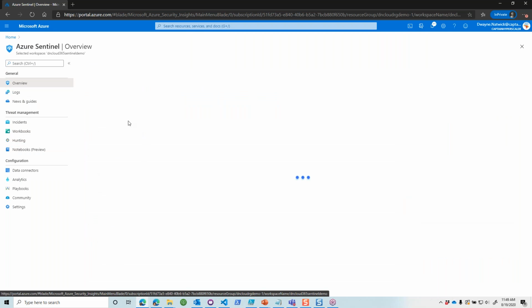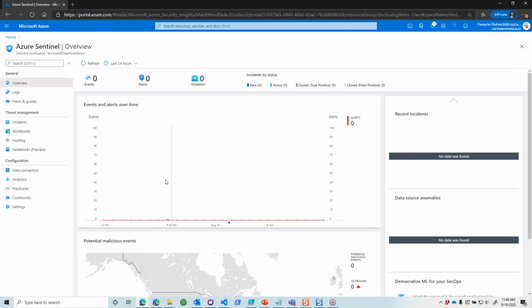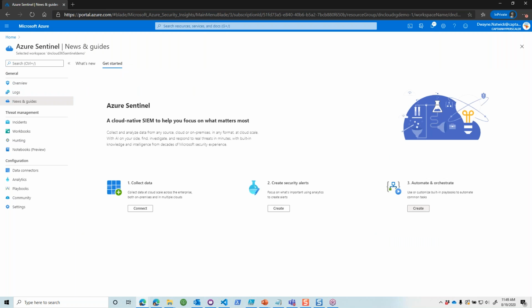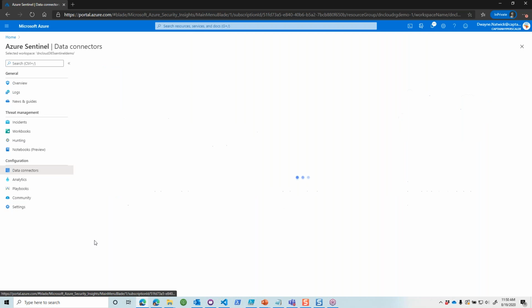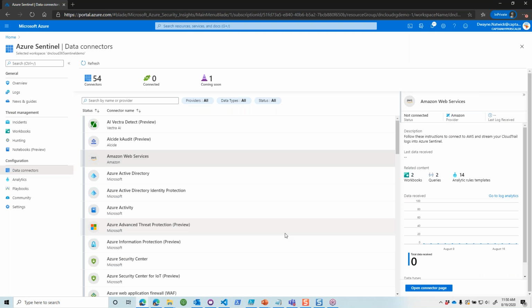So when you come into Azure, it pops you up in this overview area where we can look at a dashboard of anomalies or malicious events that are taking place. If we go into news and guides, we can get started, and it steps you through a 3-step process of getting Azure Sentinel created. But if we go right to data connectors, which is really your first start here, you can go in and start connecting things. If you have an Azure or an AWS service running, you can actually connect to CloudTrail